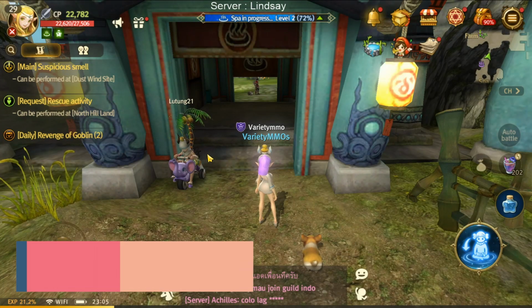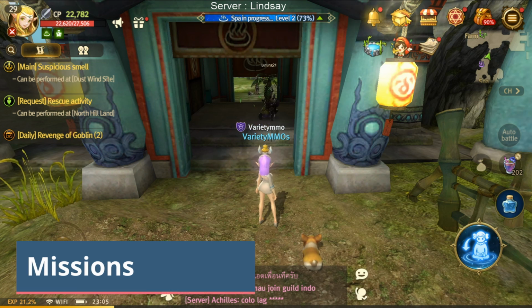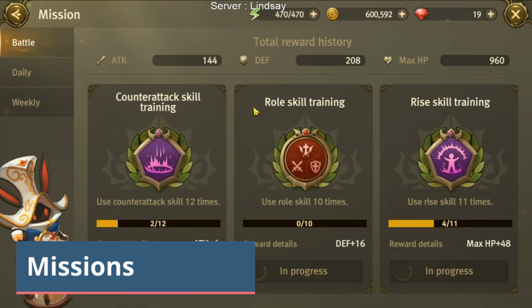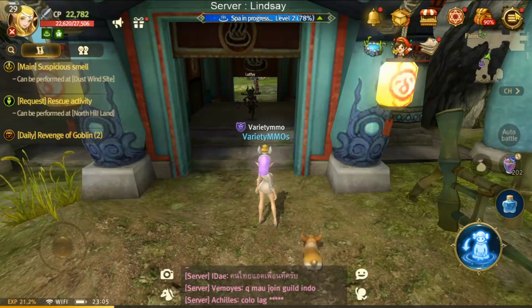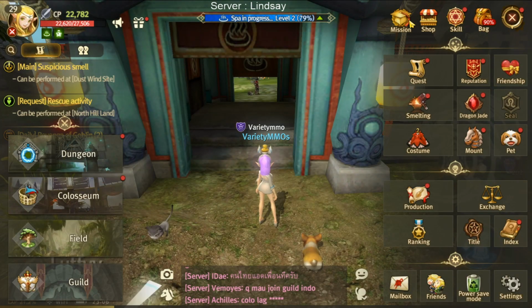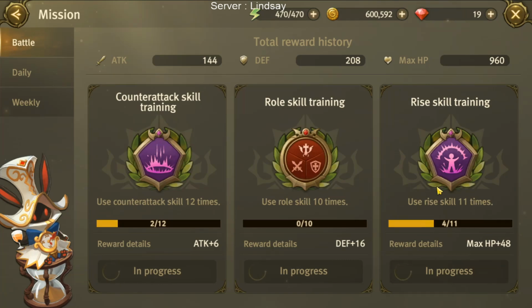Okay, so a couple of other things that you can be looking at is your missions. These are your battle missions. I haven't really done a lot on this particular account, but on my other character, I did these a lot. As you can see, it says like use roll skill 10 times, and it'll say other basic things like use rise skill. The majority of the time, these will be like change rolls,